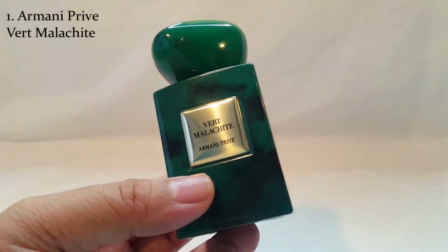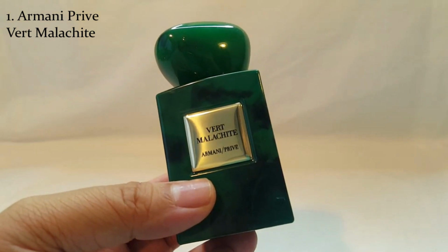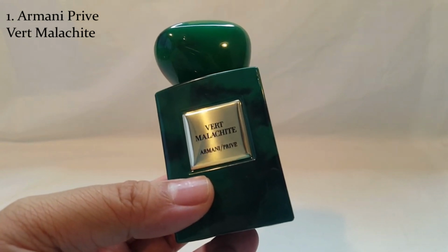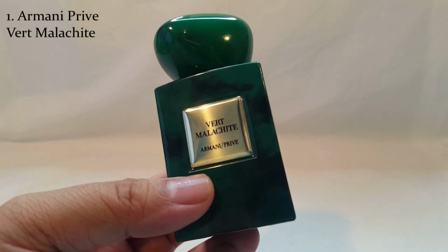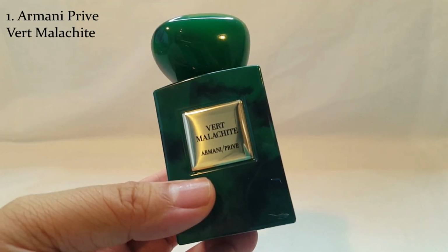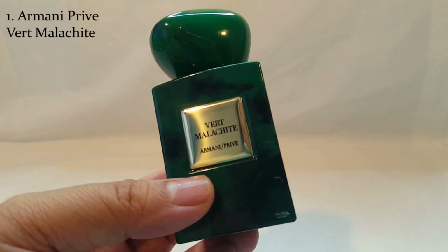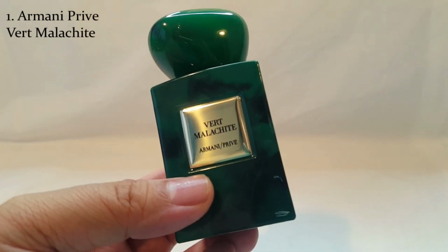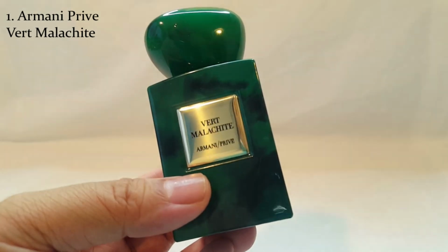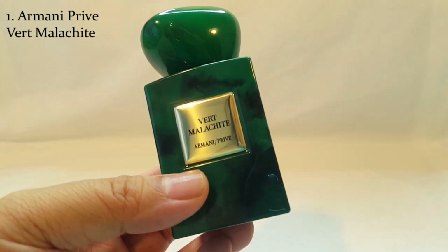Some notes in this one are bitter orange, petitgrain, jasmine sambac, ylang ylang, pink pepper, lily, vanilla, and benzoin. Released in 2016. And I've said it before, there aren't any tuberose notes in here, but this combination of notes together to me smells like tuberose, like a very creamy tuberose, a creamy and green tuberose that is quite sweet,